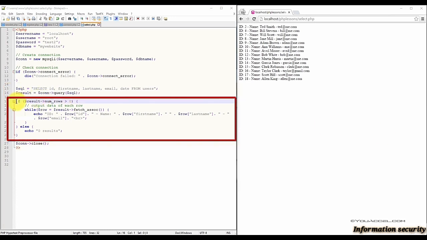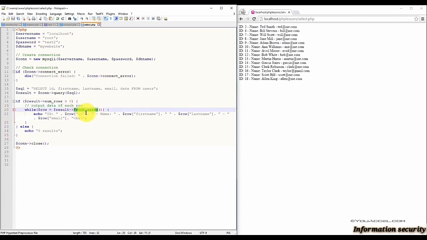The following if statement checks to make sure there are more than 0 rows. If there are 0 rows, it means there is no data relevant to our query, in which case the words 0 results will be outputted. If there are more than 0 rows, this function will put all the results in an associative array that we